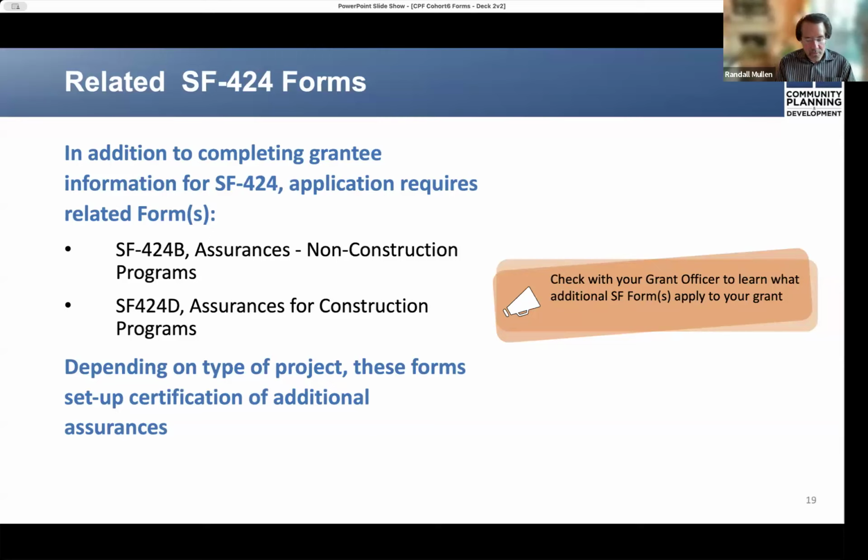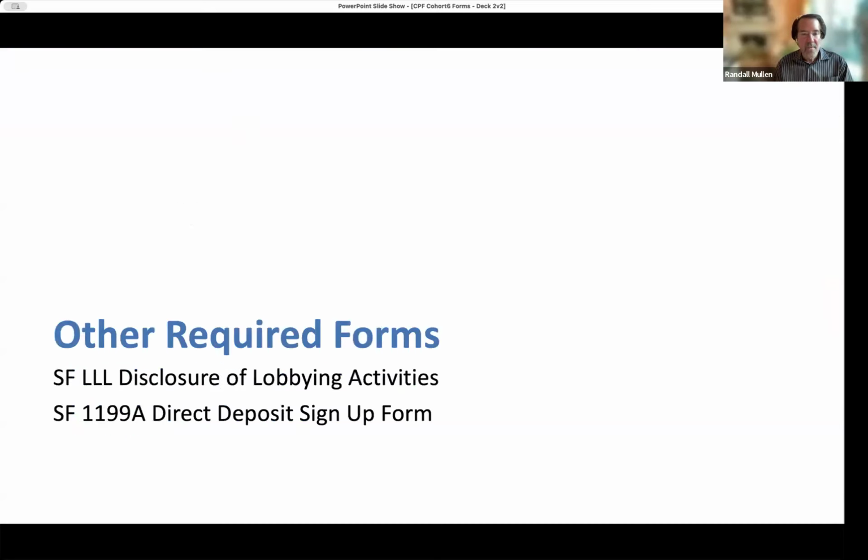You would want to check with your grant officer if necessary to determine which apply. As a general piece of guidance, Jennifer and I note that it's better to include both rather than leave out one and delay your submission process. Okay, that's it for the SF-424 application for federal assistance.